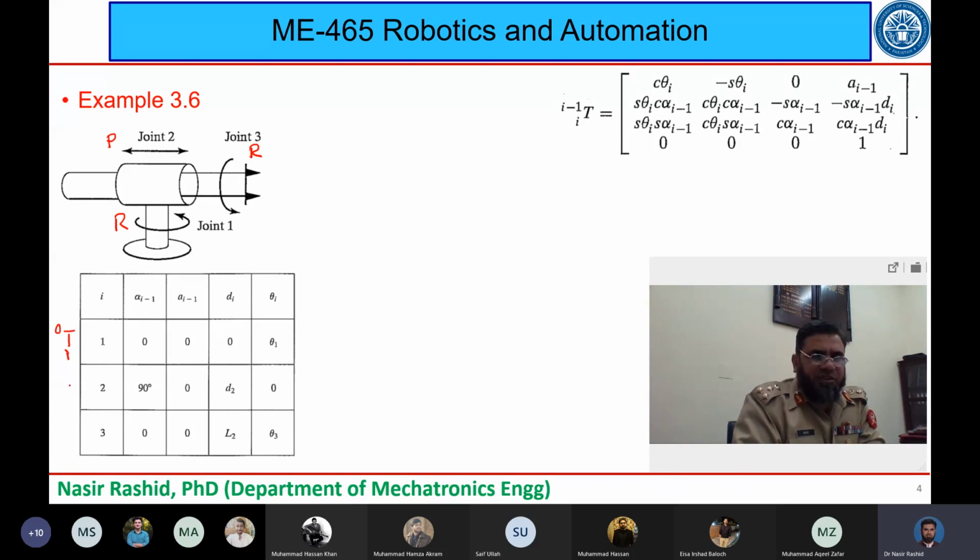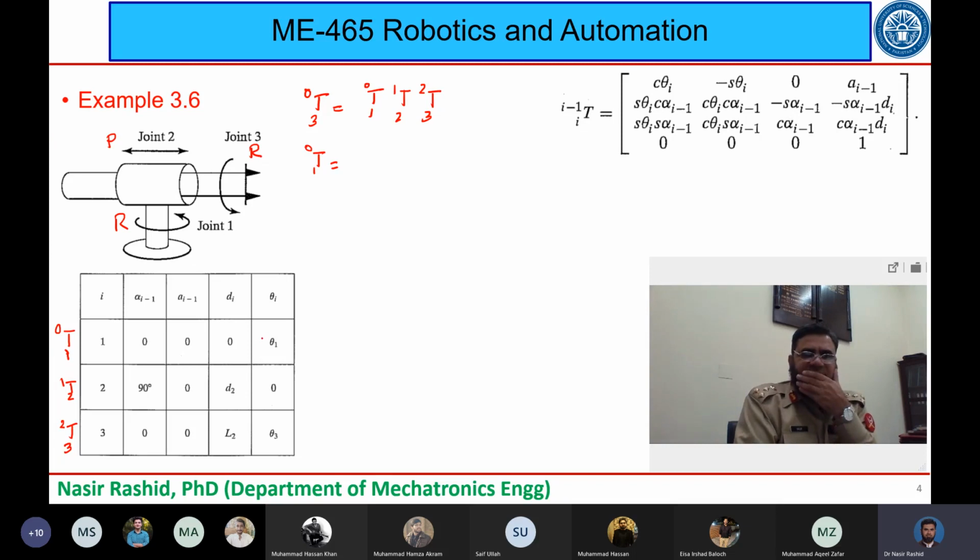This is the transformation from 2 to 1, and this is the transformation from 3 to 2. ठीक है। तो now if I want to know the transformation from 3 to 0, so I can find out by this 1 to 0, then transformation 2 to 1, and then transformation 3 to 2. So now if I want to write down transformation 1 to 0, so this is the line I am going to use,